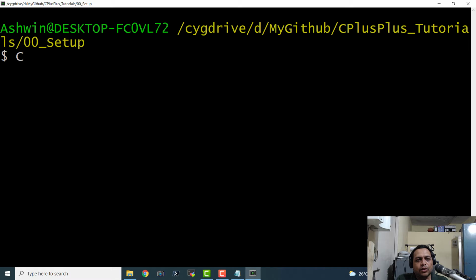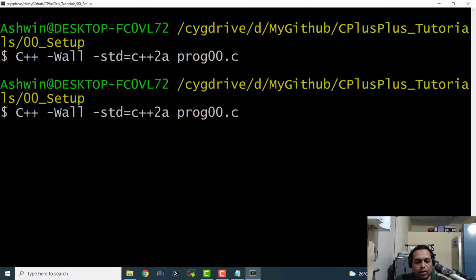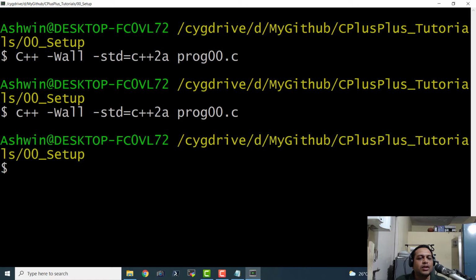And we can also, I guess, use c++ to compile it. Or lowercase c++, because I guess in Windows the uppercase and lowercase doesn't matter.